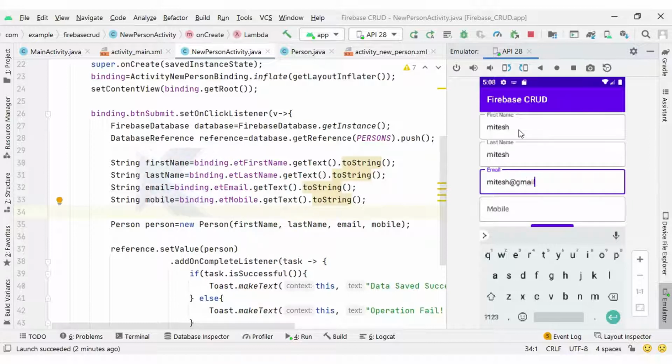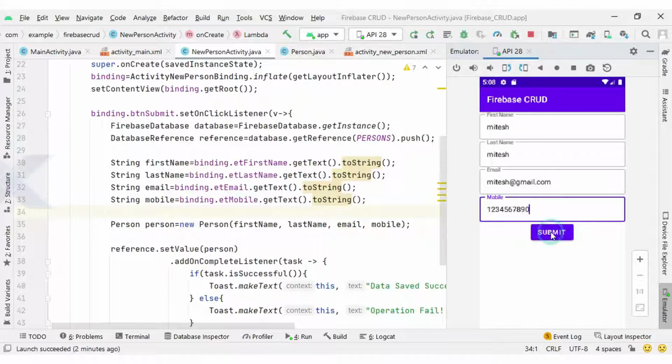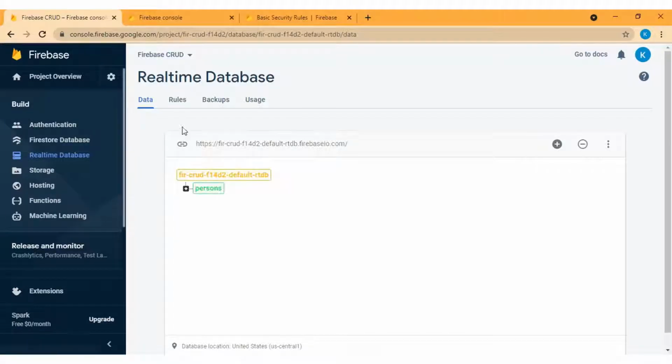Okay, so guys, I type Mitesh at gmail.com, and mobile number 12345678990, and then I press the submit button. So we can see the toast if it inserted successfully. Okay, we are not getting the toast, but let's confirm with Firebase whether it is inserted.